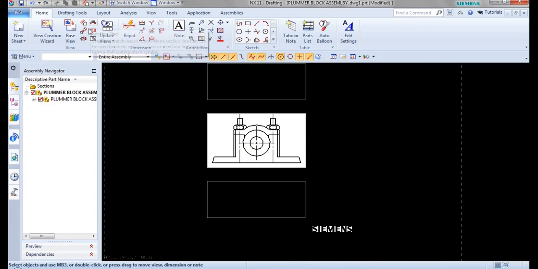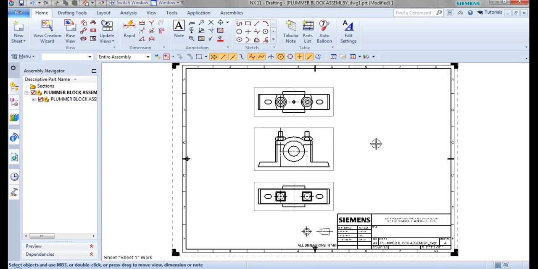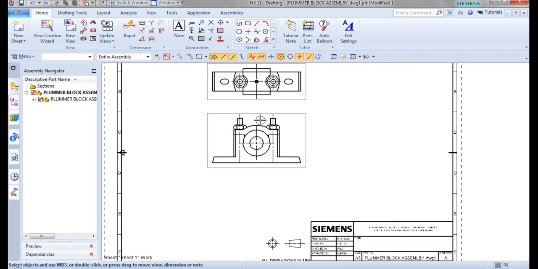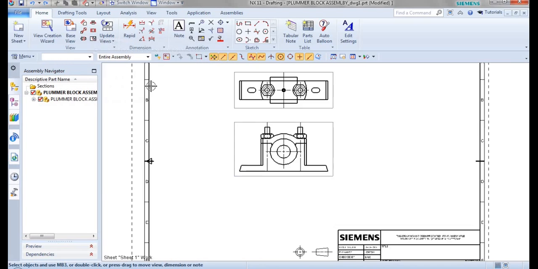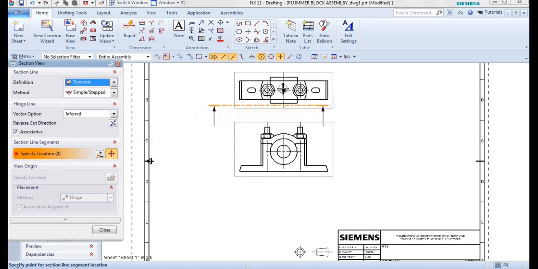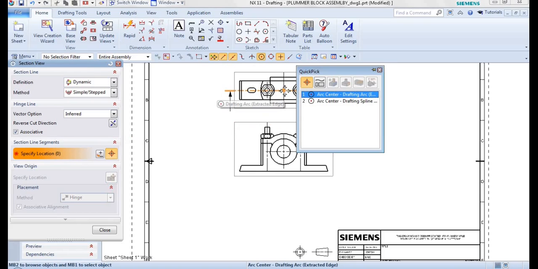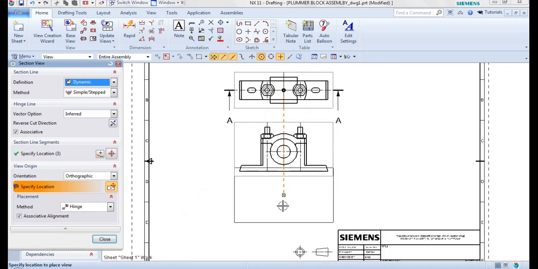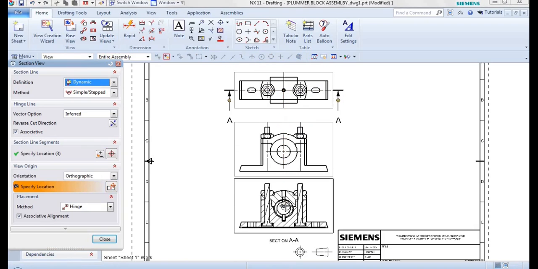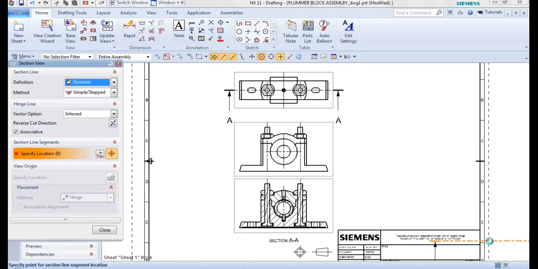Then next we are having section view and then section line. So what is section view and then section line? The difference between these is, in section view we will be getting the section view. In section line, without getting a section view itself, we will be drawing a section line. Say for example, I will be taking a section view over here. Go for section view. And here I will be placing my section line at the center of this. And I will be taking a section over here. So now you can see we got a section view.